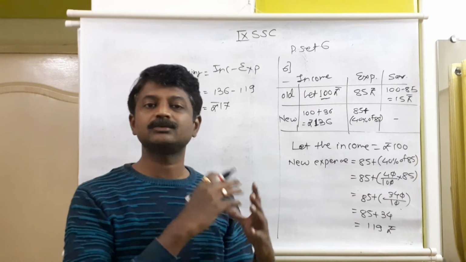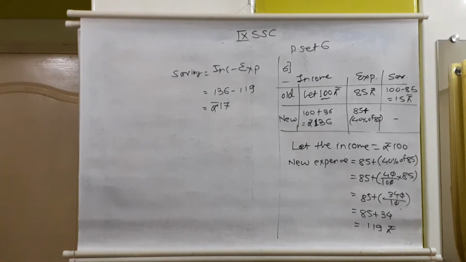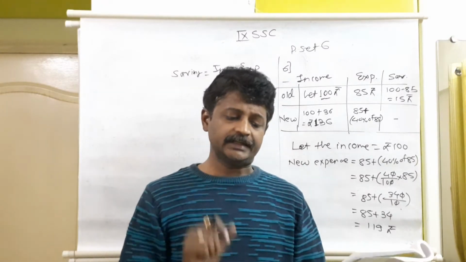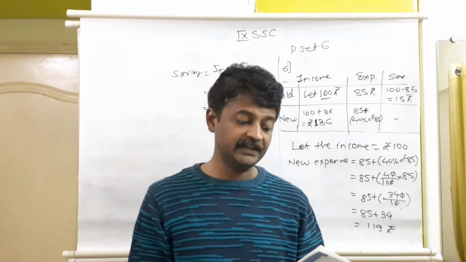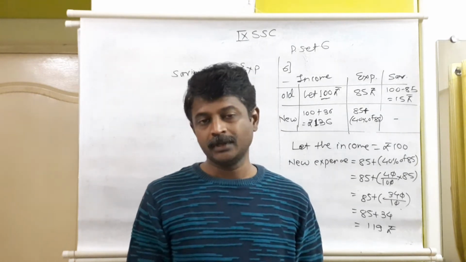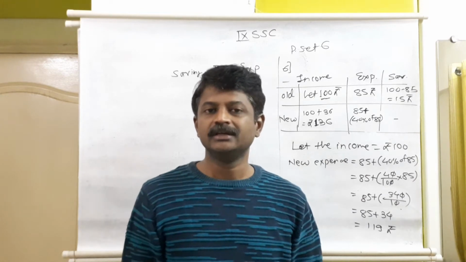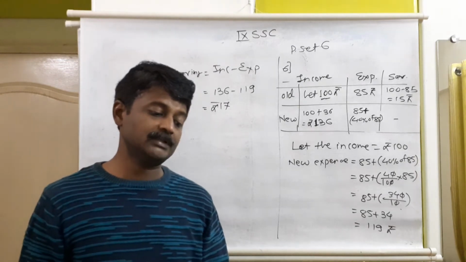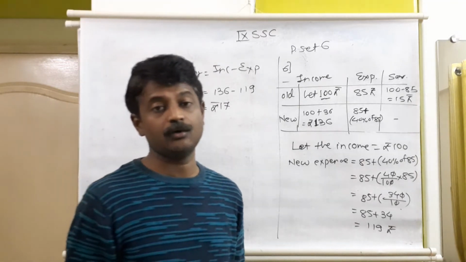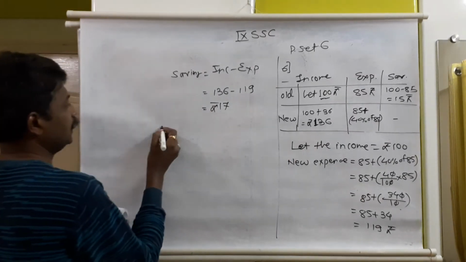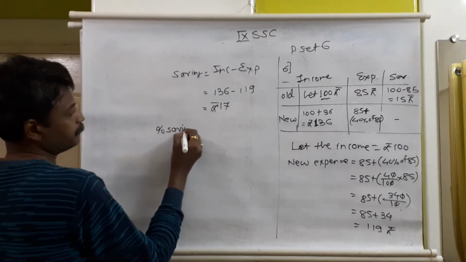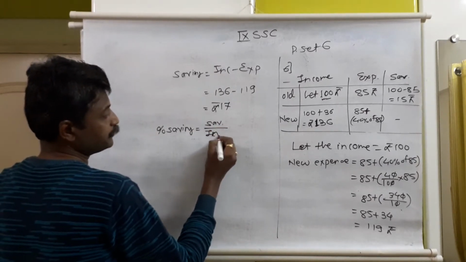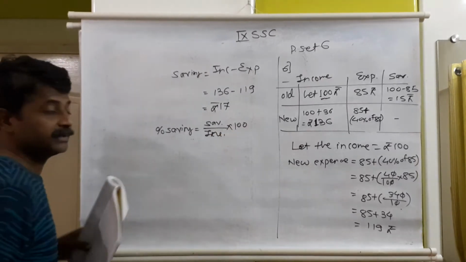We want to convert this into percentage saving, because if you see question number 6 for Mr. Kailash, the last sentence is how much percentage of his earning he saves now. Means after the given condition, after increasing his income and as per that increasing his expense, finally we want to find out how much percent of his earning he saves now. Not only saving, percentage saving. So how to find out percentage saving? New saving upon new income into 100. It will give us percentage saving.